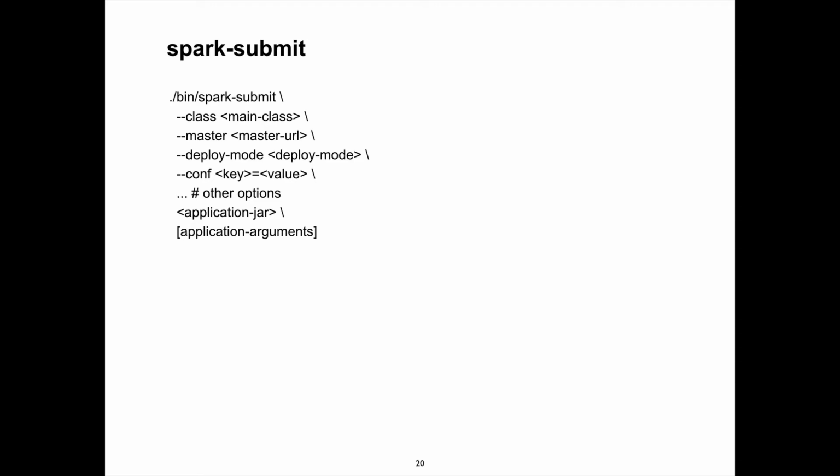Deploy mode. There are quite a few parameters we can tweak on Spark, in the configuration file, and we can specify some of those values here. You don't want to do them all because there are like 50 of them, and the command line gets awfully long. Again, if you're running Java or Scala, we need a jar file. If we're running PySpark, we just need the program we want to run, and then whatever command arguments your program needs.